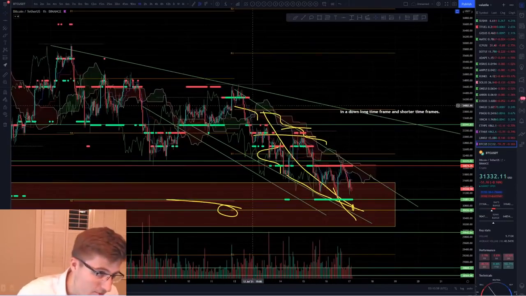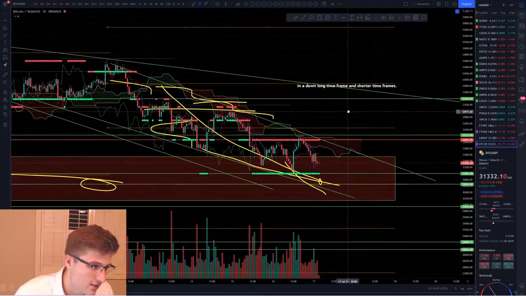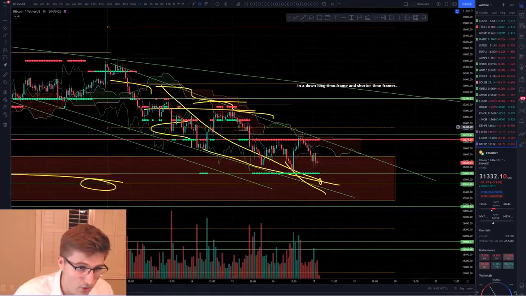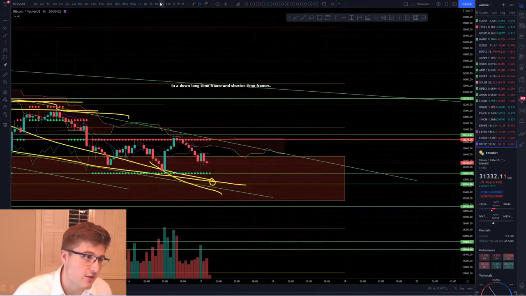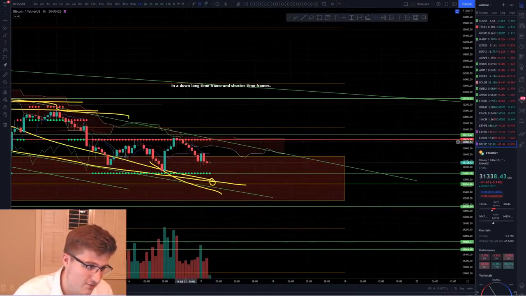But we need to see price go up above here if we ever want to get bullish and go in those 40 levels. We also need to see it get above this support one, which is at 32,490. And if we also look on the longer time frames, we are building up a large Ichimoku cloud that says that we have a lot of resistance here.